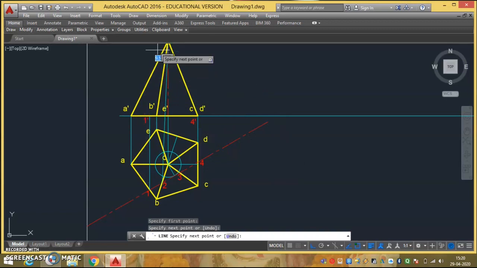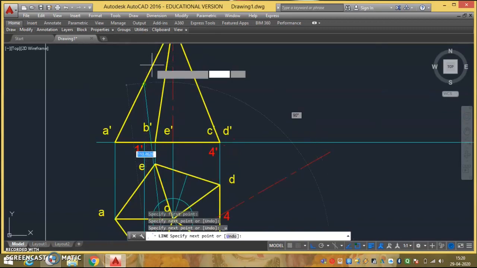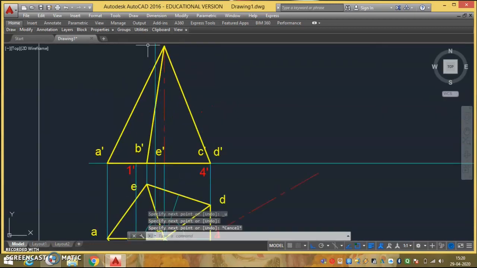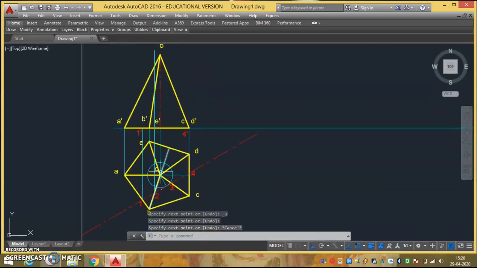the OB line. Now which one is the OB line? I'll just extend it outside. Manually when you do it, that will come perfectly. Now here this is OB and here this is OB. So what I have to do is take this point 2 up till it intersects the OB line. So you got the intersection here. This is the point. So this will be my 2 dash.